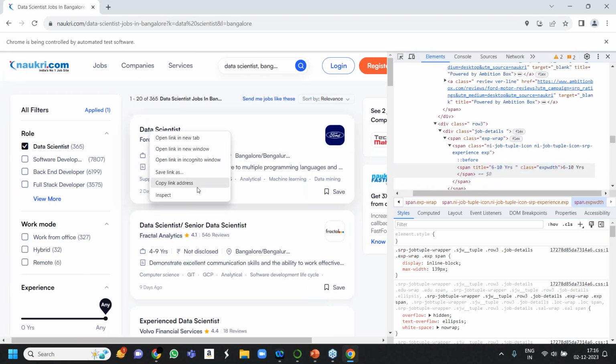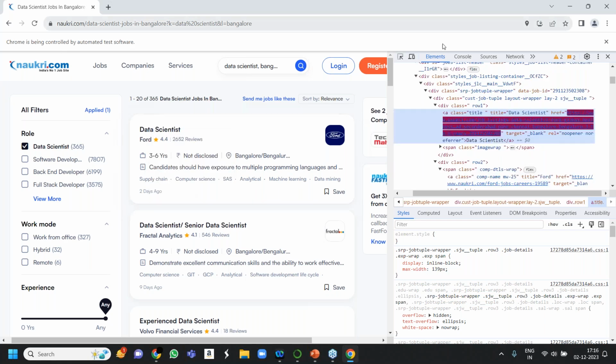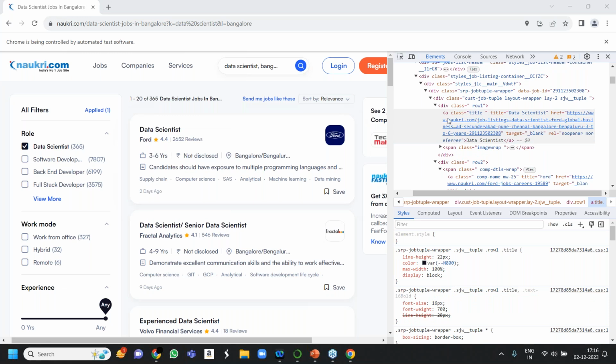If I say I want all the URLs of all the job titles, because as I told you, every attribute has the URL. It's not necessary that only images have the URL, even the text content can have the URL. So inspect, class name is title.